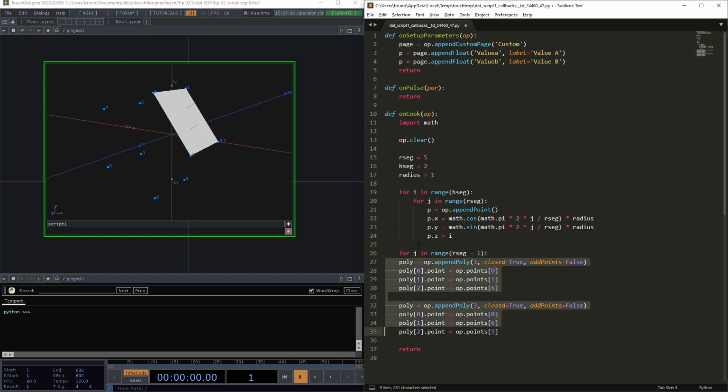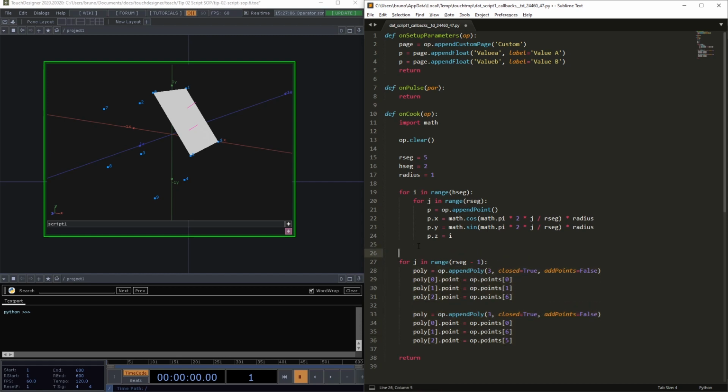Let's increase the indentation, and we also want another variable that we can increment manually, and I'm going to call this k. I'm going to set it to 0. So k starts as 0, and I know from our first face here that we want 0, 1, 6. So to find 0, using k, I just type k plus 0. To find 1, k plus 1. And to find 6, I want k plus the number of radio segments, which gives me 5, plus